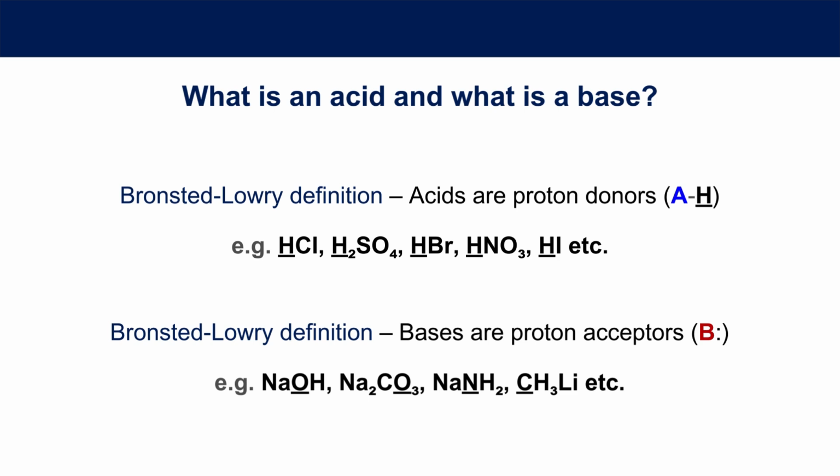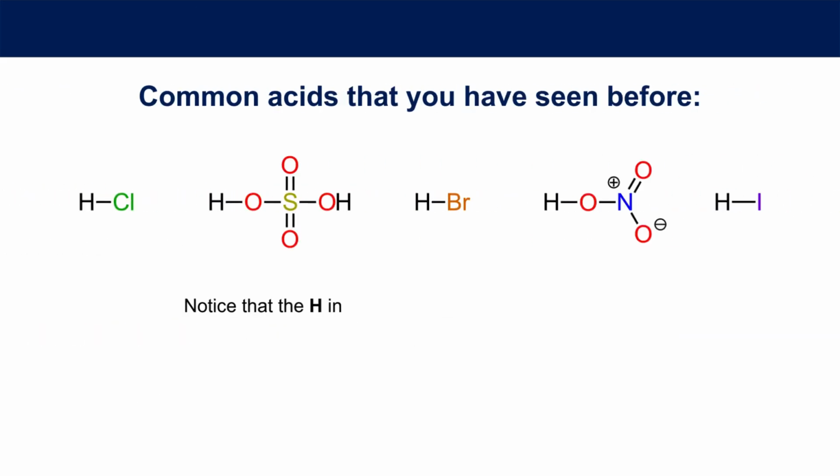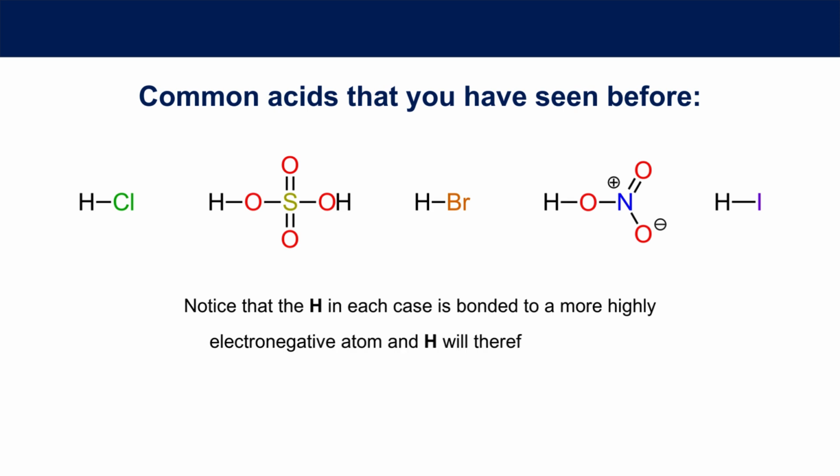For most of the organic sequence, you will notice that acids typically have the proton attached to a more electronegative element, which was the case in general chemistry with acids like hydrochloric, sulfuric, nitric, etc. Many of the acids that you have come across before are also used as reagents in organic chemistry. Hydrochloric, sulfuric, hydrobromic, nitric, and hydroiodic acids are all still exceptionally powerful and will be capable of protonating even weak